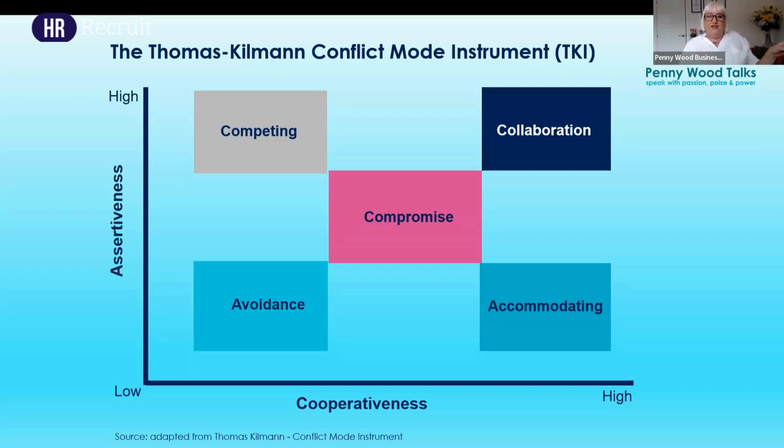Now, bottom left, avoidance. This is where the person avoids the conversation at all costs, perhaps trying to arrange a meeting or training around whatever you're trying to deal with. It's effective when the issue is relatively trivial, when you know you can't be satisfied or you can't win, or when the cost of the conflict outweighs the benefit of the resolution. You want to be thinking, is it worth it or not? Also, sometimes you want to avoid a conversation because you want to get more information and reassess the situation. So there are pros and cons.